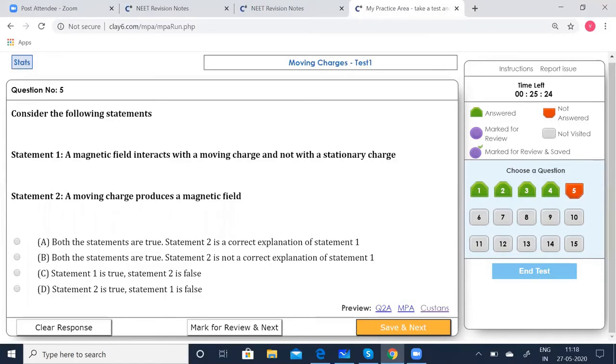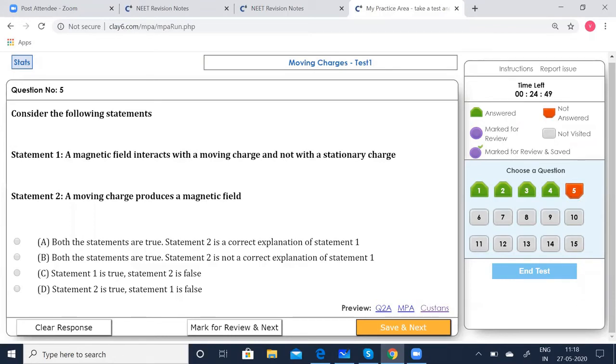Stationary charges will not experience any induced electric field in a uniform magnetic field. You all know that. Only when the charges are moving, there will be changes in the magnetic field, and there will be a magnetic interaction between the charge and the external magnetic field, as a result of which there will be a field produced by the moving charge. So it is now going to have an induced current or induced electric field, as a result of which there is now going to be a field produced by this moving charge.